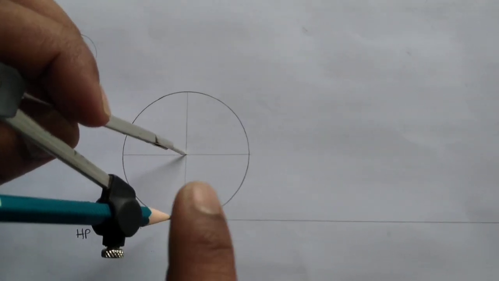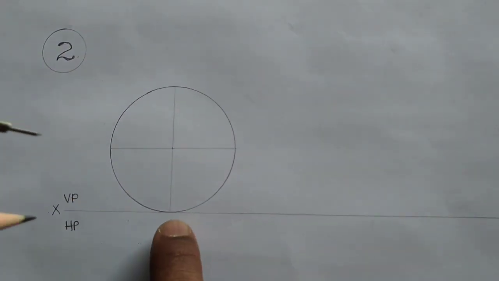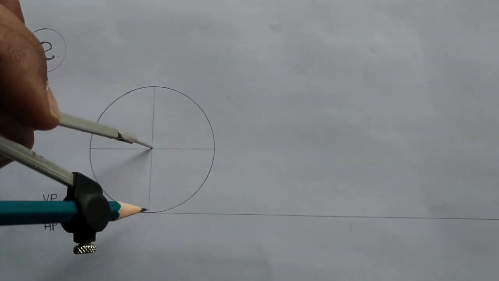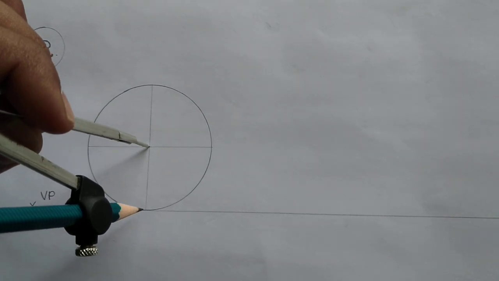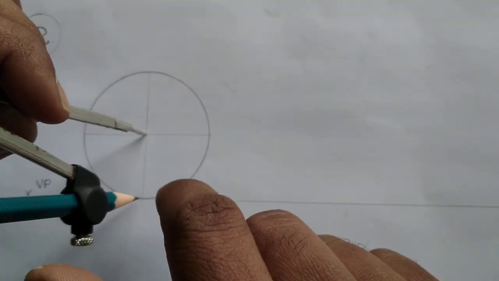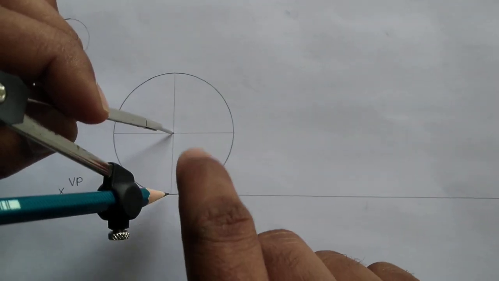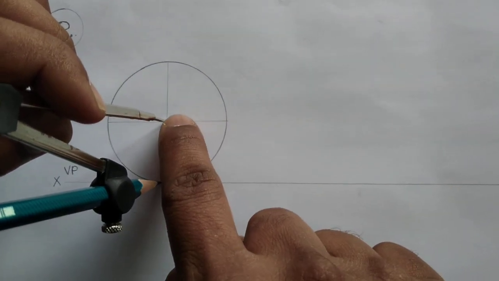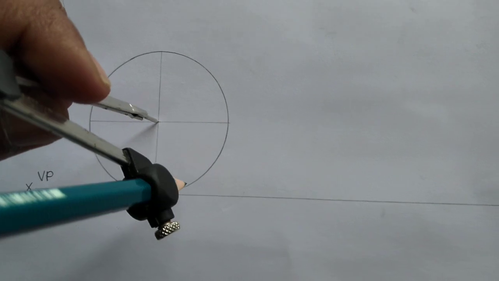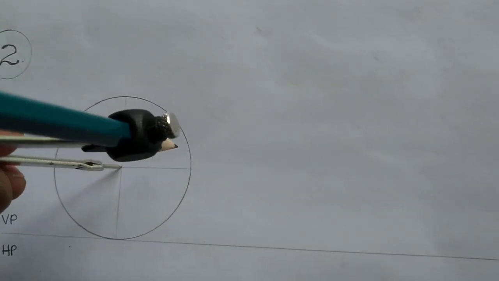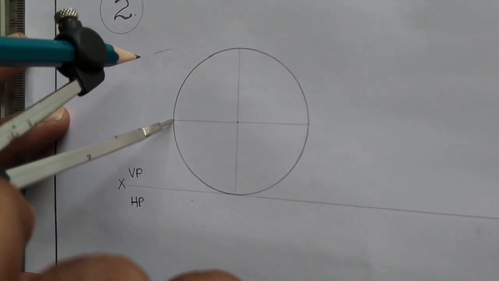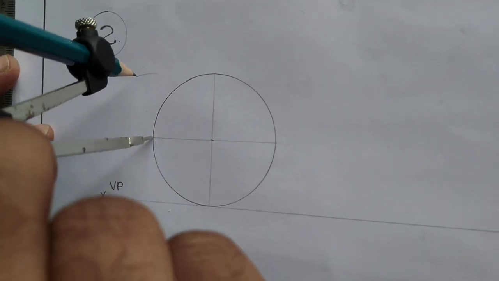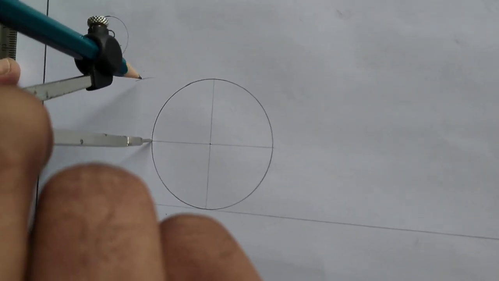And one more thing, for the purpose of construction of the circle, from the reference line we can mark 25 mm on the perpendicular line. We can construct a perpendicular line, that is 50 mm line, and on that perpendicular line we can mark 25 mm. Then that particular point becomes the center. Then we can take 25 mm dimension as radius and construct the circle. That is it. And for 8 equal divisions, we can take the same 25 mm dimension as radius.